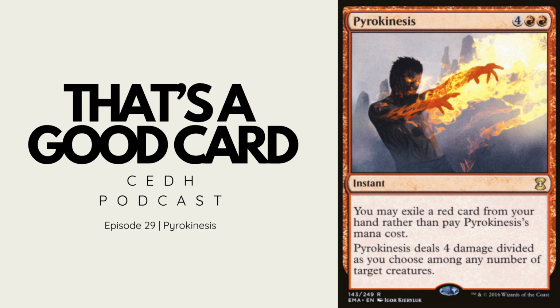Ooh. Now, Pyrokinesis is a 6 mana cost card, 4 colorless and 2 red pips, but the text reads, you may exile a red card from your hand rather than pay Pyrokinesis' mana cost. It is an instant that says Pyrokinesis deals 4 damage divided as you choose among any number of target creatures. So once again, this card is normally cast for free in almost all CEDH scenarios by exiling a red card from your hand, and it's an instant spell that's going to deal 4 damage divided as you choose among any number of target creatures. And the flavor text on the original printing of Pyrokinesis says,